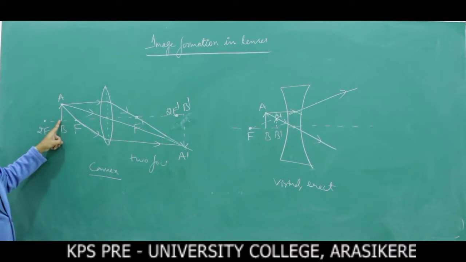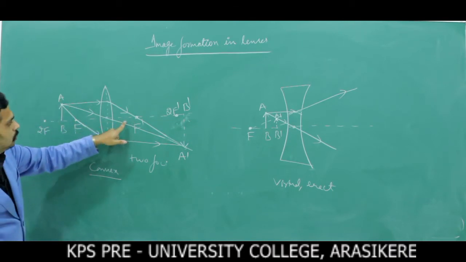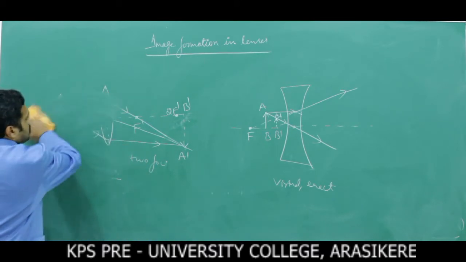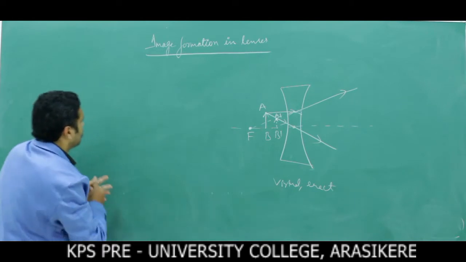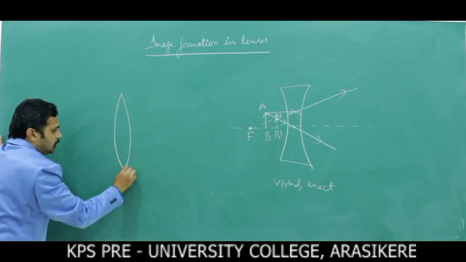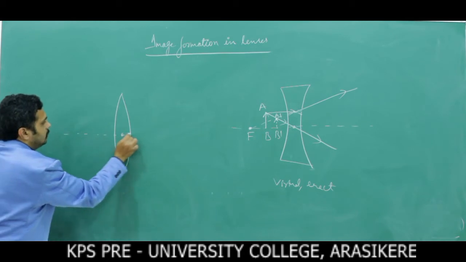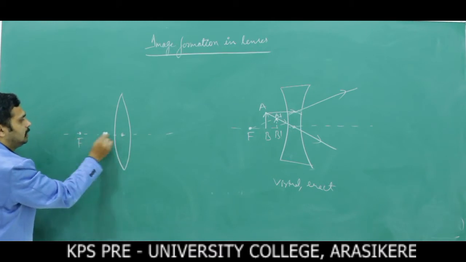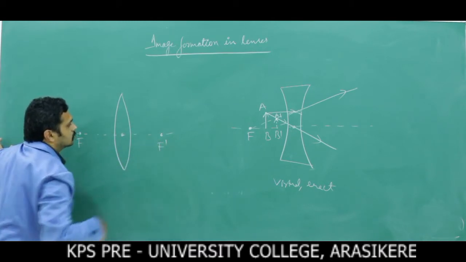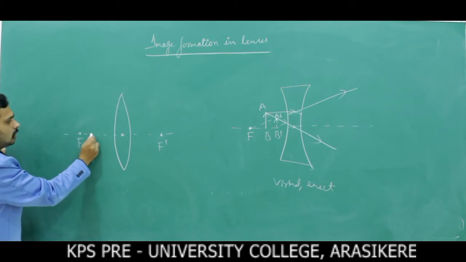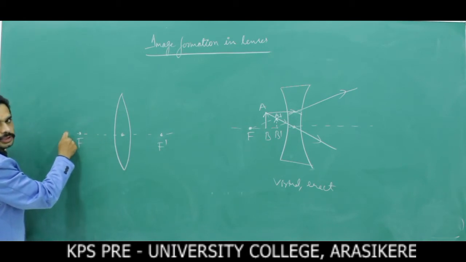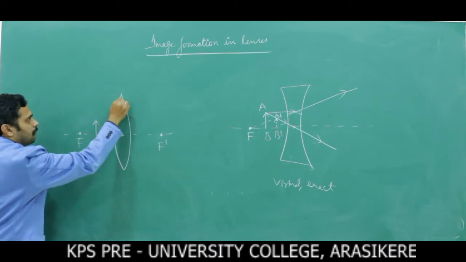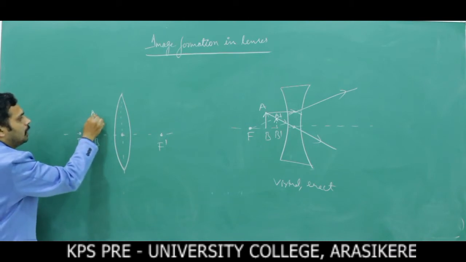Similarly, here I am going to show the virtual and enlarged image in a convex lens. Now this is the convex lens, with the optic center. Know that for a lens there are two focus points. The first focus point, and similarly, at equal distance from the optic center, the other focus point. Now I am going to place the object within the focus. Behind the focus, the image is real and inverted. Within the focus, it is virtual and enlarged. Now this is AB, the object.